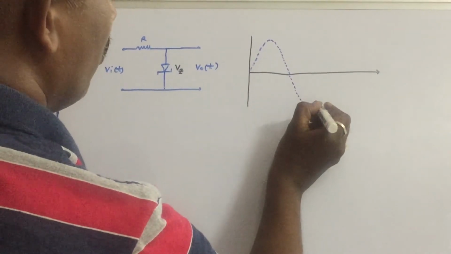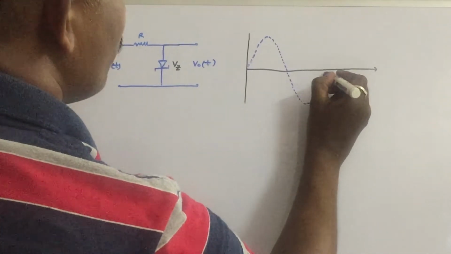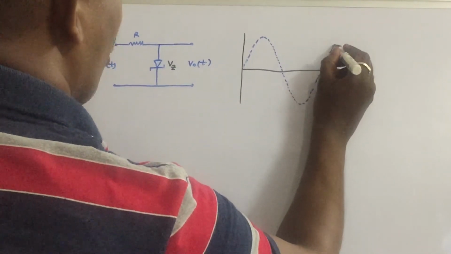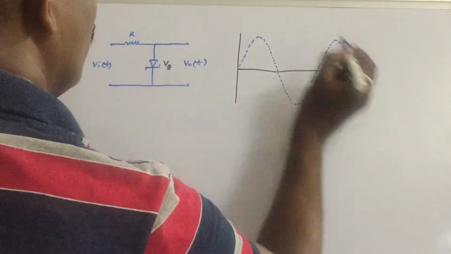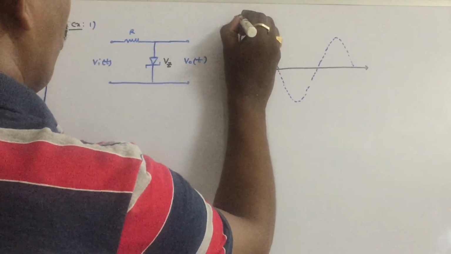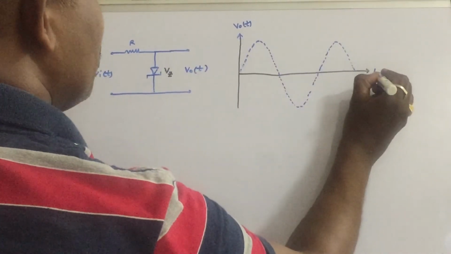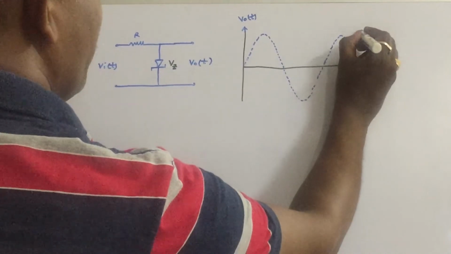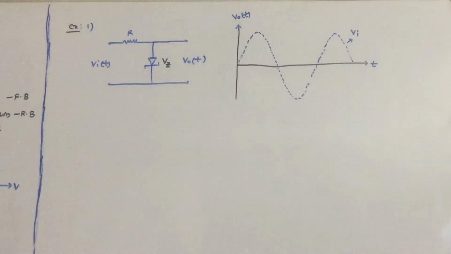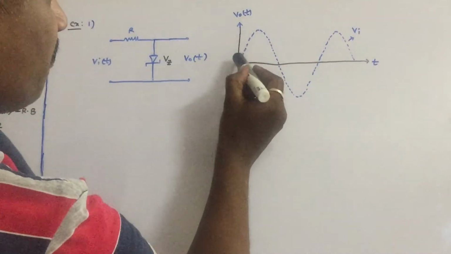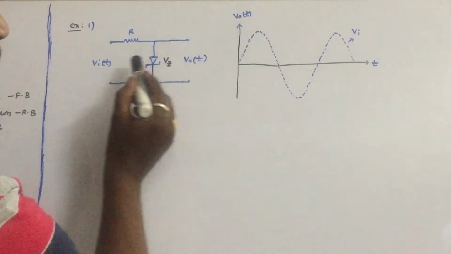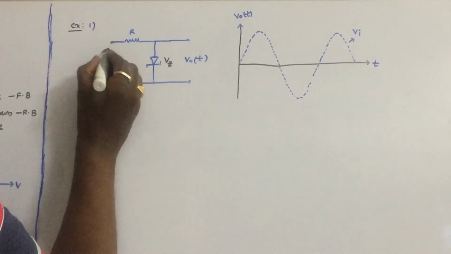Let us see a very simple one. If you know the operation of the Zener diode, you can easily sketch the output waveform. So this is V0 of t versus t. This dotted line is your input to this circuit. Now, during the positive half cycle,